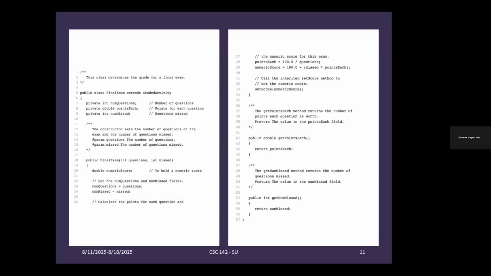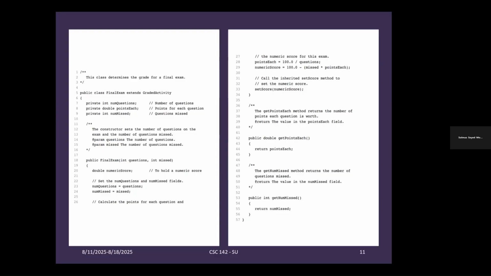You have to see the constructor in this part of the code. In line number 5, you see FinalExam. FinalExam is a subclass that extends GradeActivity. GradeActivity is the superclass. And the key is extends.